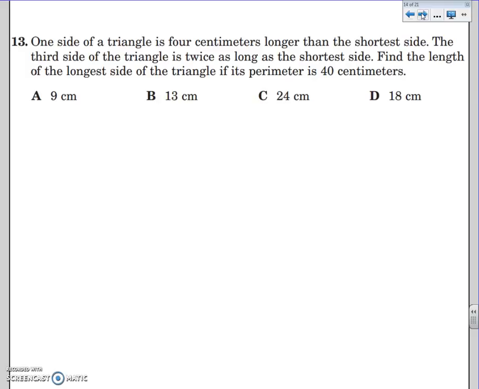Alright, 13. One side of a triangle is 4 centimeters longer than the shortest side. The third side is twice the shortest side. Find the length of the longest side. The perimeter is 40. Alright. Let's see. We have shortest